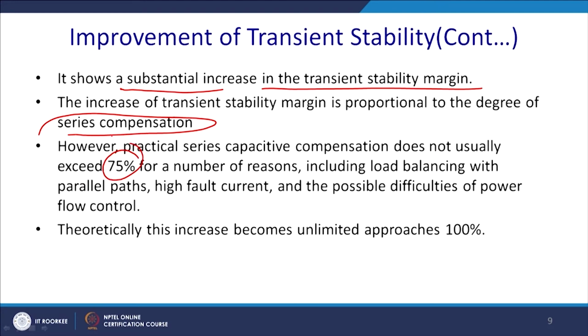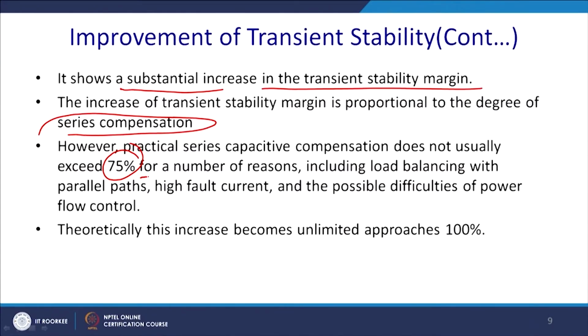That is also, then if you compensate by 75%, it will have a 4 times power handling capability. That is not less if you are dealing with MVA level power; 1000 MVA goes to 4000 MVA. So, that is a huge amount of enhancement of the power handling capability. Anyway, so 75% for a number of reasons,